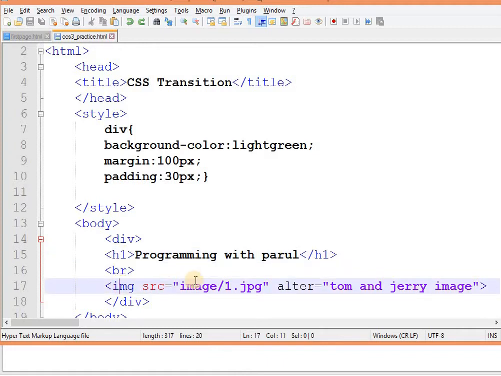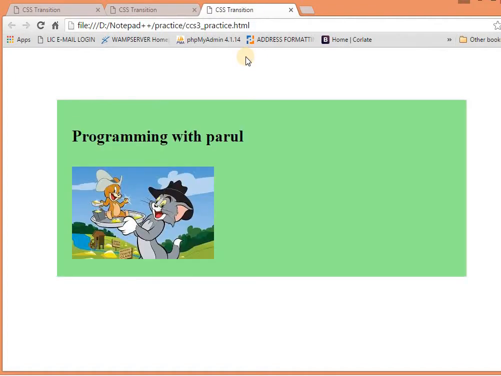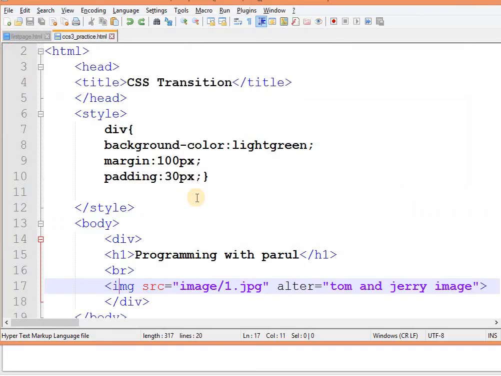There is one folder named image, and in it one file, one.jpg, which is the image, and in the alt property I have set Tom and Jerry image. Now you can see the output of this simple HTML and CSS code.